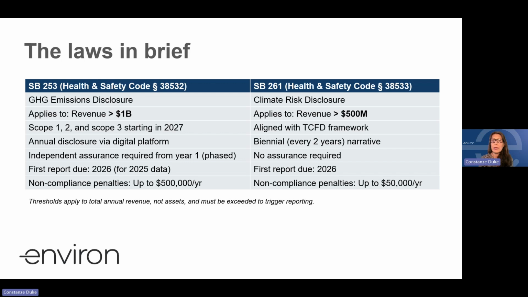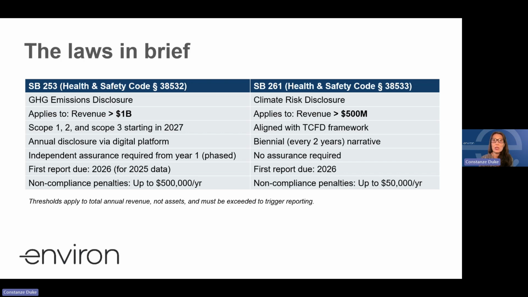CARB will open a public docket in December of this year where you can post the link to your report by January 2026. So you'll probably want to just house this on your website and then drop the link into this central database. Assurance of your published information is not required for SB 261, and penalties for noncompliance can amount